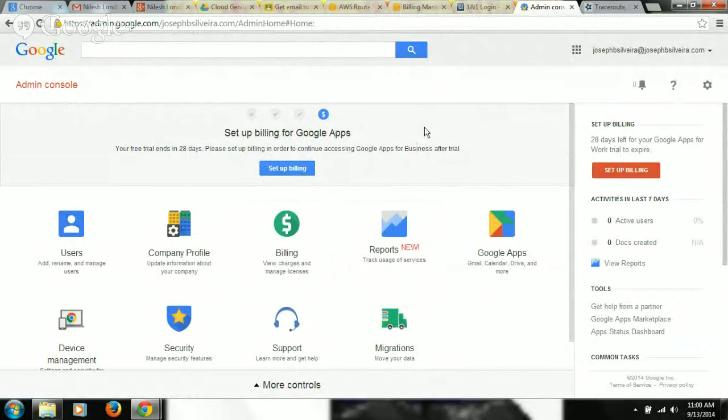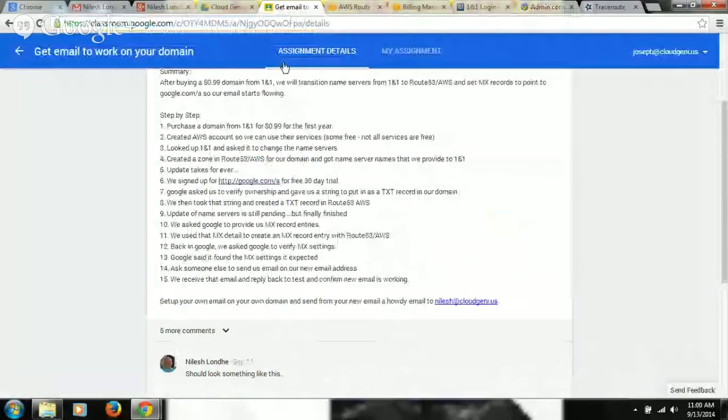So go to gmail.com in this window, right? In this window, gmail.com. Right in this window, just type in gmail.com. Not here. No, no, no. There. Yes, gmail.com.